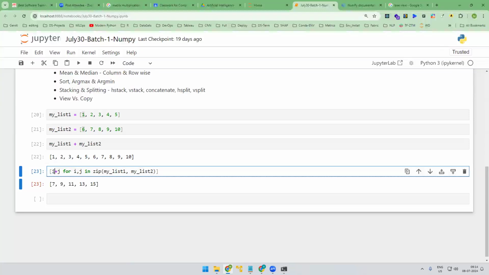And in fact, we have tried the logic in this list. There are alternative ways to do that, generators and all. We'll see that later. It's not just square brackets. We can even use round brackets, but that will altogether turn into a different thing. So we'll see that later. So we have something called generators, decorators. We have advanced features on top of this. So when we use round brackets, what happens is